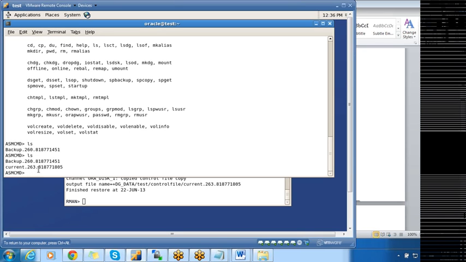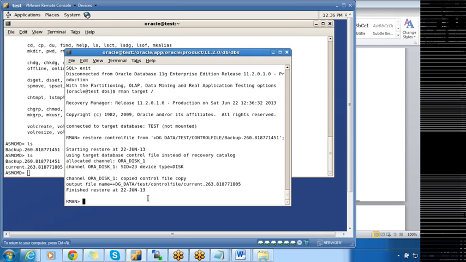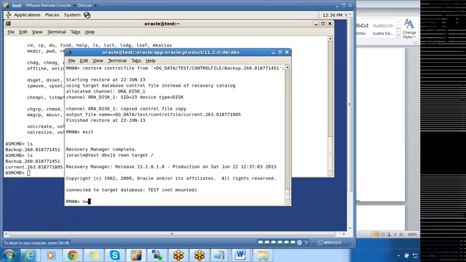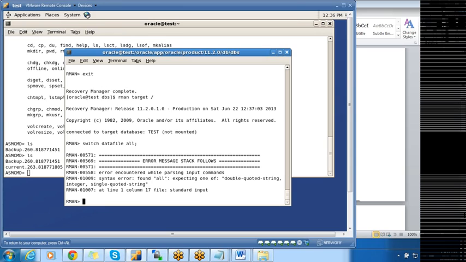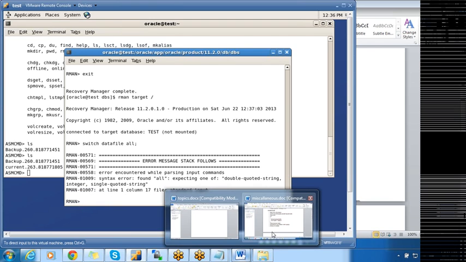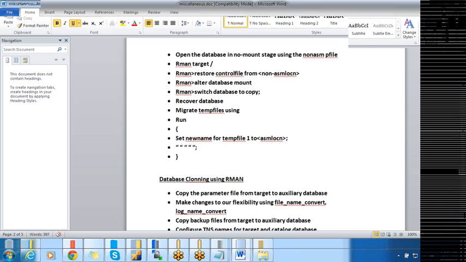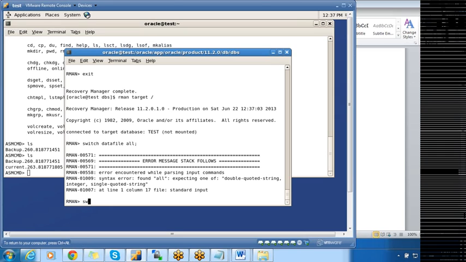Okay. Now the current control file is created in this location. Exit. SQL plus sysdba. Oh no, rman target / only. After that we have to do switch database to copy.